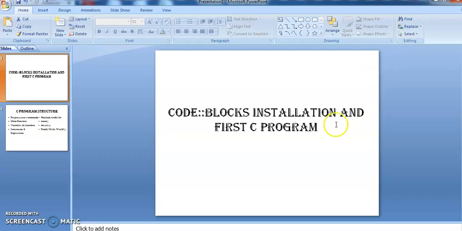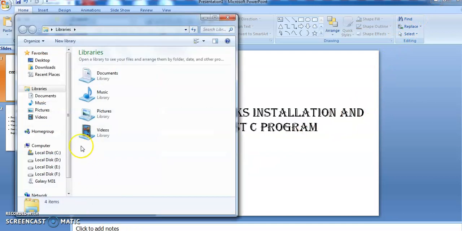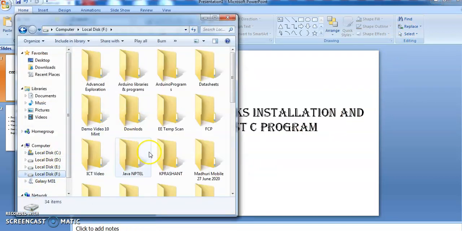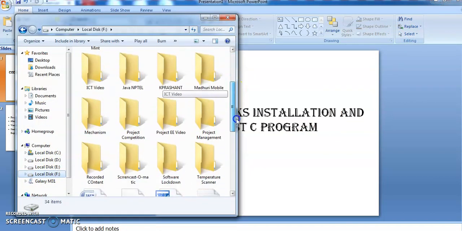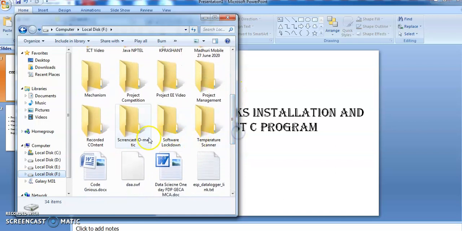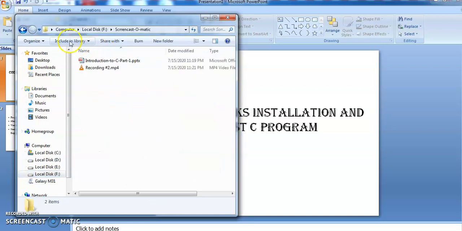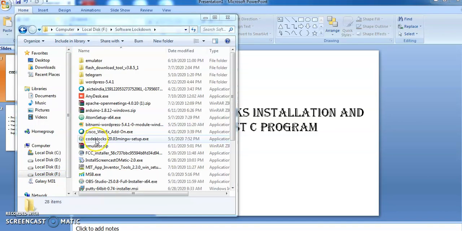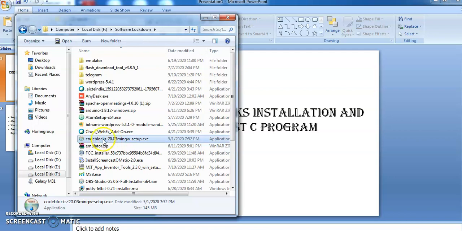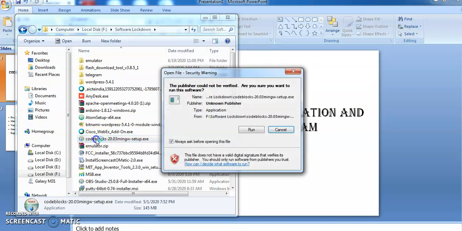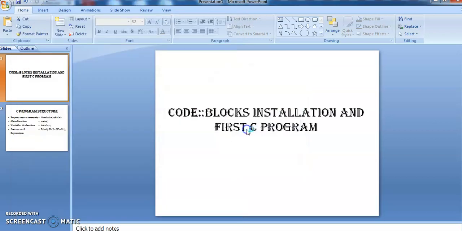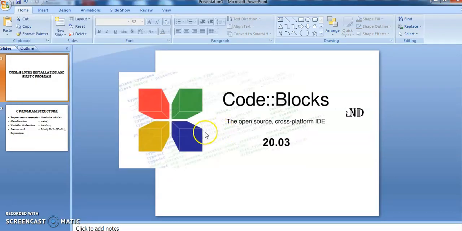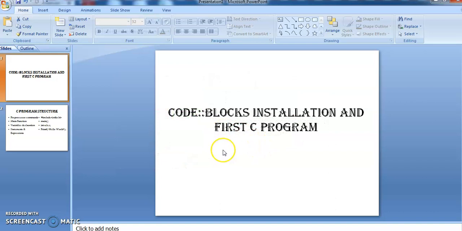Now we'll directly go to the folder where the Code::Blocks software is downloaded. To install, I will click on this Code::Blocks setup, and it will start the installation process.